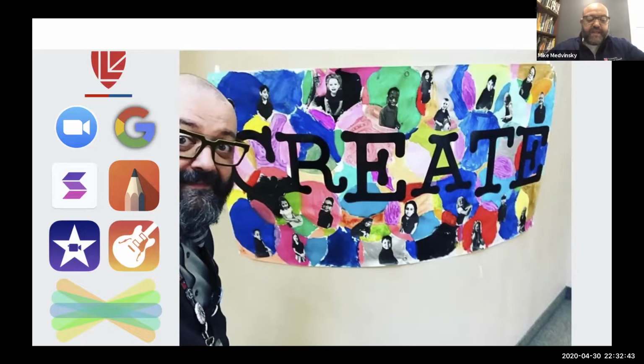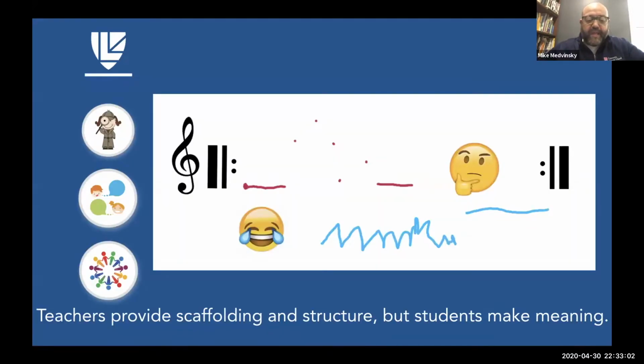And so we use Seesaw as a way to collect artifacts, to provide feedback, and continue that feedback loop, because we value process as much as we value product. And so that is a way that we can continue that commitment to our learners, to continue that feedback loop even when we're apart. So one way that we provide structure in the classroom, but create opportunities for learners to make meaning,